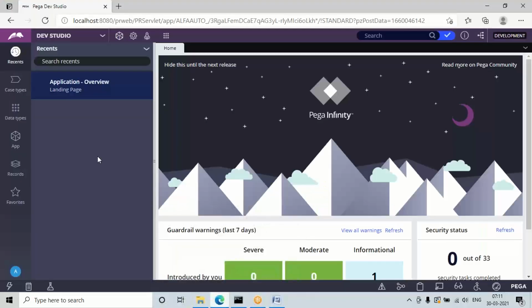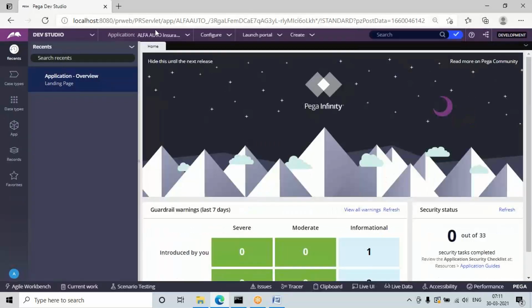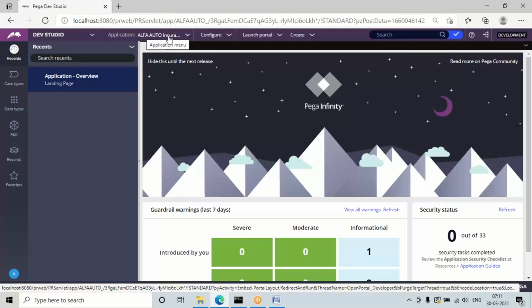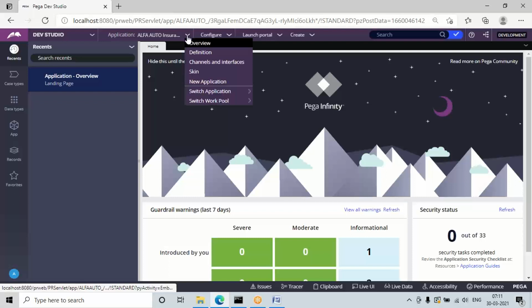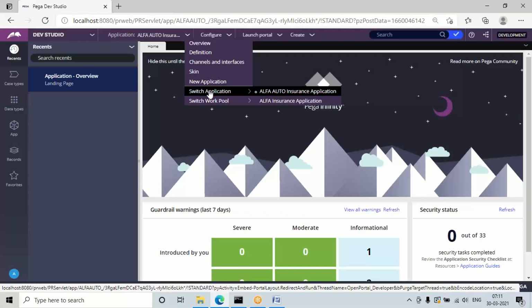See, if I log in now and press Control minus, at a time you can see the name of the application, Alpha Auto Insurance application, so currently we are under the implementation layer. Suppose you want to switch to the framework, to add another implementation under the same organization, as I told you. There is an option called Switch Application. The ID is common for both framework and implementation here.